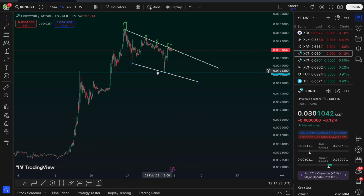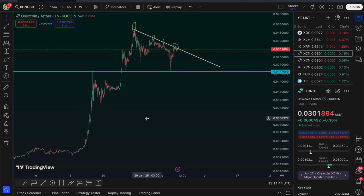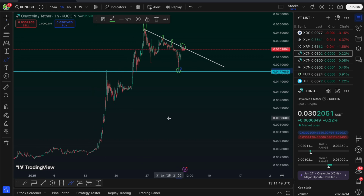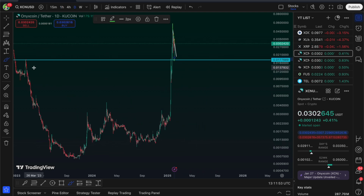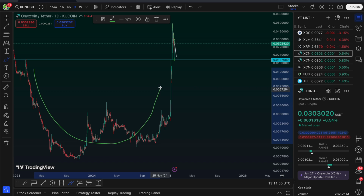So those are some of the shorter term things that I'm seeing here on Onyxcoin. Of course, long term, we still got a potential price target of 37 cents in play as well. The fact that we came down to touch this 1.8 cents level even gives me more conviction that we could be seeing this, because of course we had this cup and handle pattern play out on Onyxcoin over the past